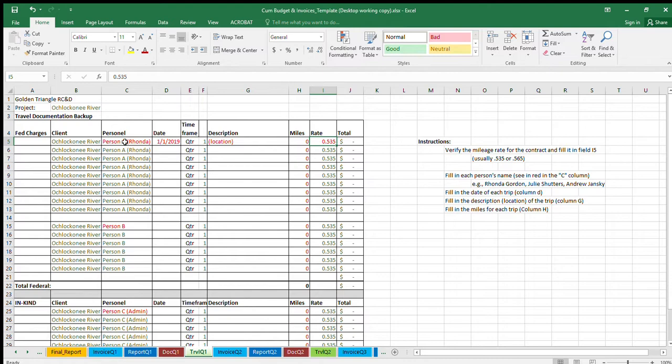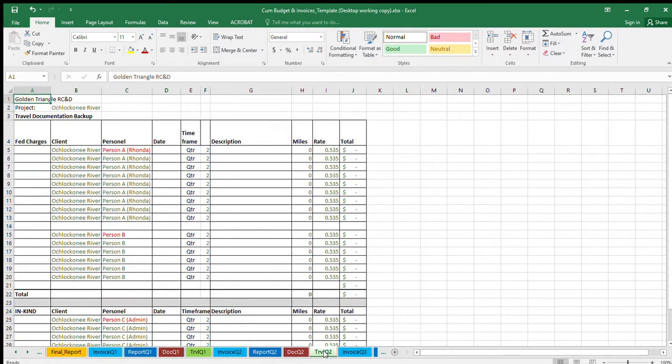I would simply need to put in that person's name. Usually the first person that we're doing is our director, Rhonda Gordon, and so I've categorized that simply as person A here. But so you would put in your first person here. Let's say, again, it's Rhonda Gordon for us. Maybe it's John Smith at your organization. So you would just type their name in here, and it's going to fill it all in right here for you, as well as this person, person A,